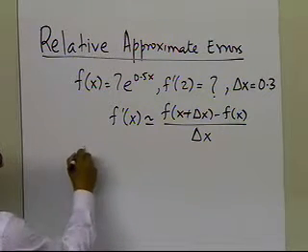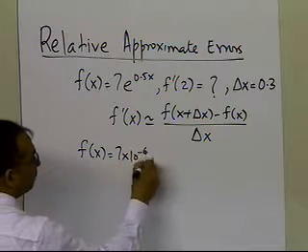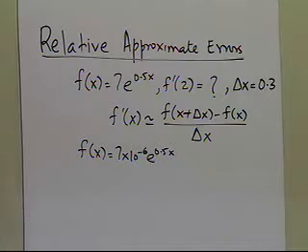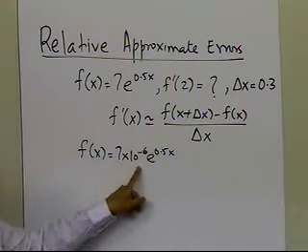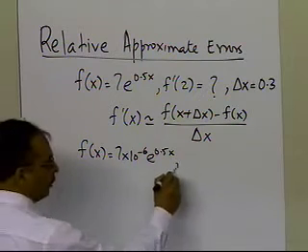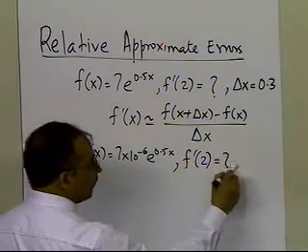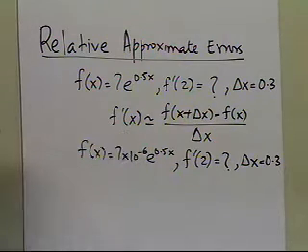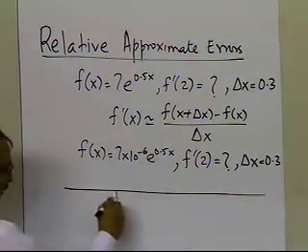Now somebody says, hey, I'm going to give you another function which is similar to what you had previously. The only difference is that now the constant in this function, which is multiplied here, is not 7, but 7 times 10 to the power minus 6. But I still want you to calculate the derivative of the function at 2, and use the same value of delta x, which is 0.3, and use the same formula for the derivative of the function. So the question arises that what numbers am I going to get for f prime of 2?